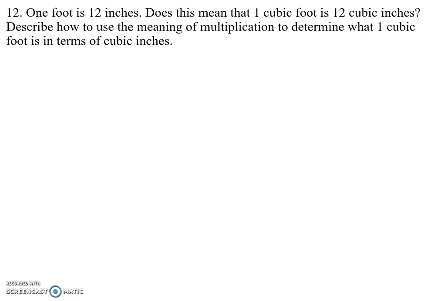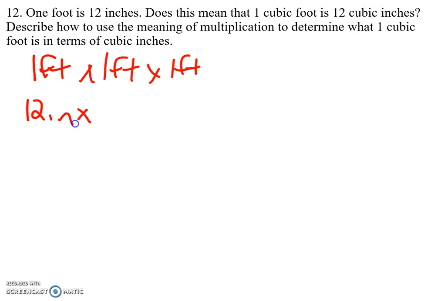Okay, so the next one, the idea of, well, if 1 foot's 12 inches, is 1 cubic foot 12 cubic inches? So again, we can think about this as a cubic foot would be 1 foot times 1 foot times 1 foot. And I know that a foot, as we just said, is 12 inches, so I've got to change each of these feet over to inches to get my cubic inches. And when I do 12 times 12 times 12, I get